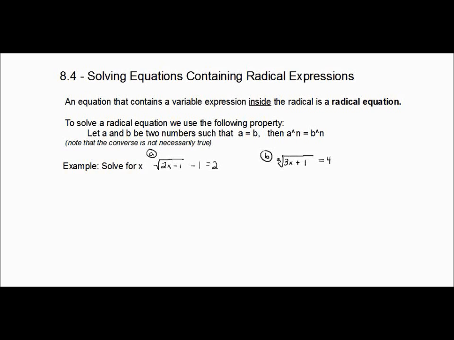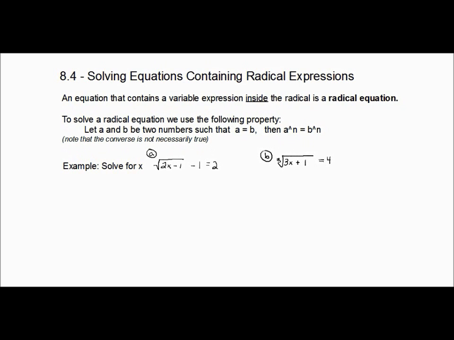if we have two numbers such that a is equal to b, then raising both sides to some power n makes that particular equation true. So in other words, if a equals b, then a to the n equals b to the n. By the way, the converse is not necessarily true. We would note that if x is equal to 4,